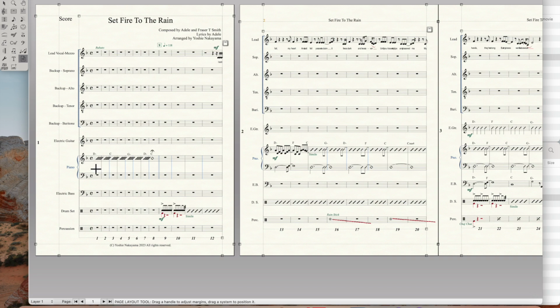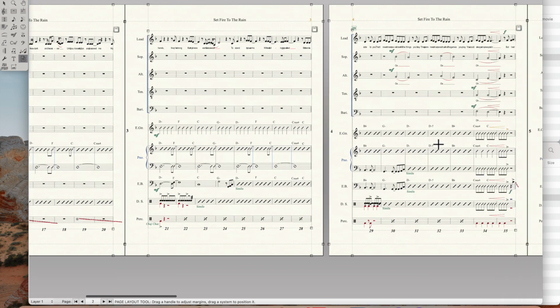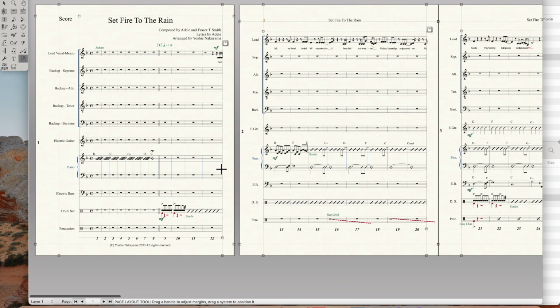So this arrangement has the piano playing the majority of the time. So I'm going to use the treble staff of the piano. Here, the piano is not playing, but the drum set is playing. So I'm going to fill out the piano part with the drum part